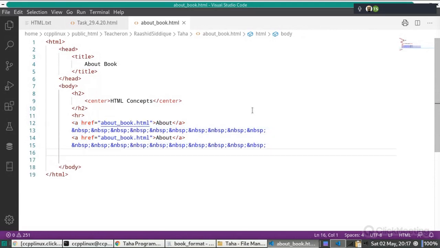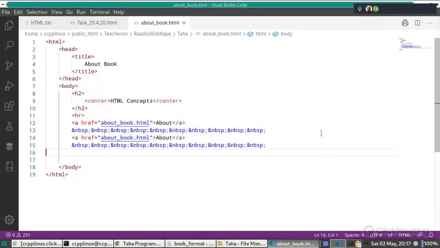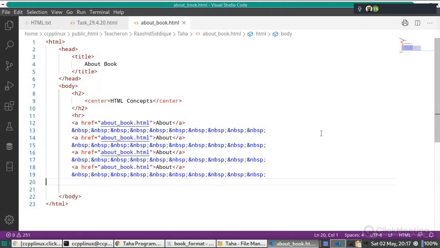The next menu is chapters, then author, then publisher. So this is for the chapter, this is for author, this is for publisher. So let us give its name chapters_book. Then author_book.